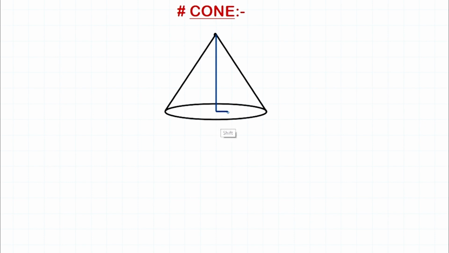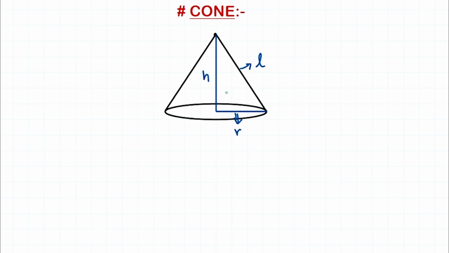And then if we join this center to the circumference of our circle, then this is going to be our radius, okay? So this is our R. This is our height of the cone. This side over here, this is called the slant height of the cone, and it is usually represented by L,